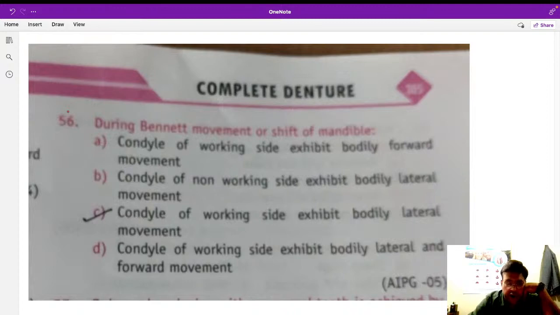So Bennett movement, which side it is going to move, working side condyle is going to move in which direction, non-working is going to move in which direction. Okay, so since there is a confusion here,